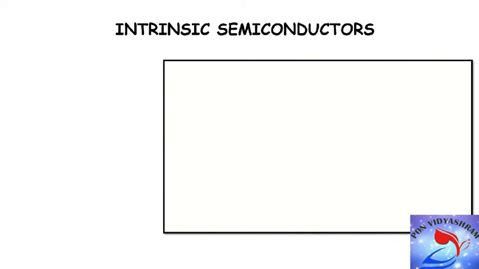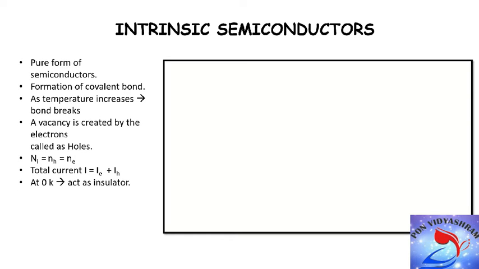Intrinsic semiconductors are the pure form of semiconductors, and we'll take the example of the silicon atom, how the current flows in an intrinsic semiconductor,